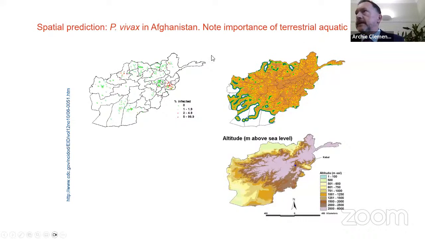Many of these covariates that we use in spatial prediction studies at that sort of national scale are derived from satellite remote sensing. So for example, where we're interested in proxies of rainfall or proxies of vegetation cover, we might use normalized difference vegetation index, which is derived from satellites measuring the ratio of green and red light on the surface of the Earth. Also, the images that are showing the location of water bodies. So, for example, the streams and rivers in Afghanistan, they will probably be derived from satellite remote sensing images.